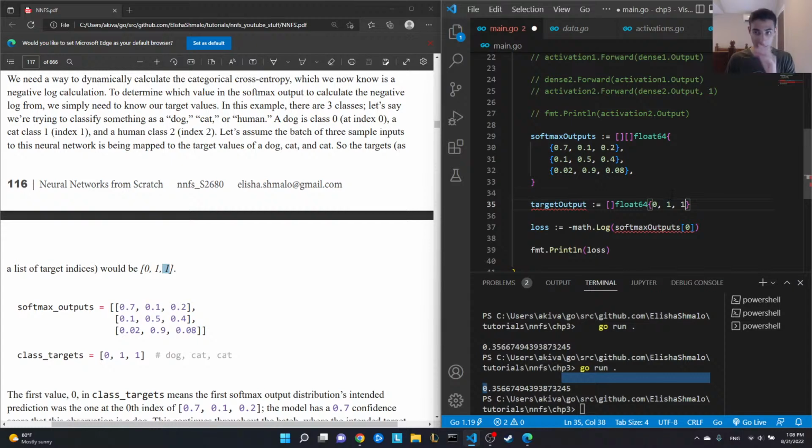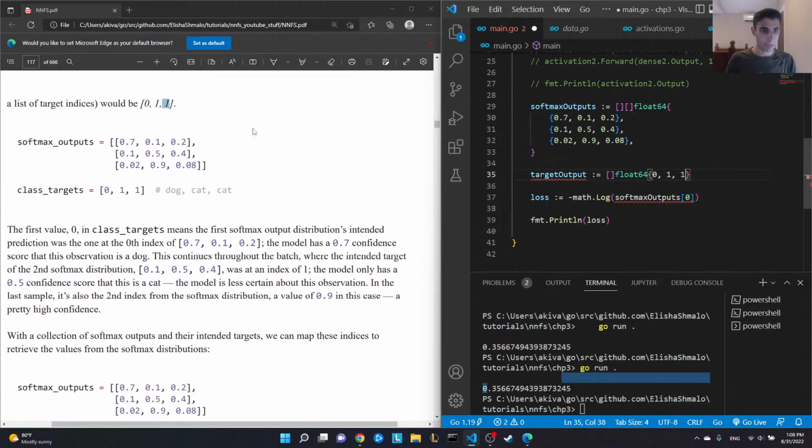So this is not one hot encoded. One hot encoded would be 2-dimensional in this case. Okay, so these are the class targets. In fact, let's call it that. Class targets. And great, class targets. Okay. The first value 0 in the class targets means that the first